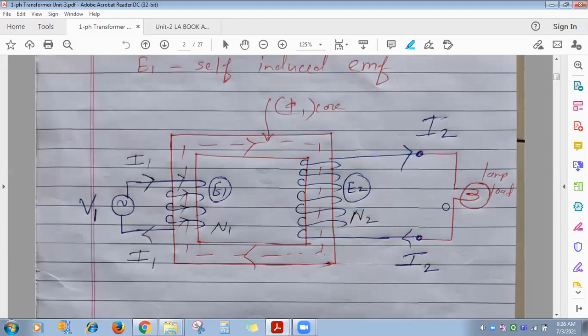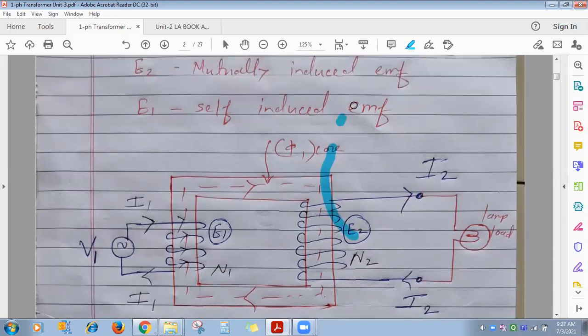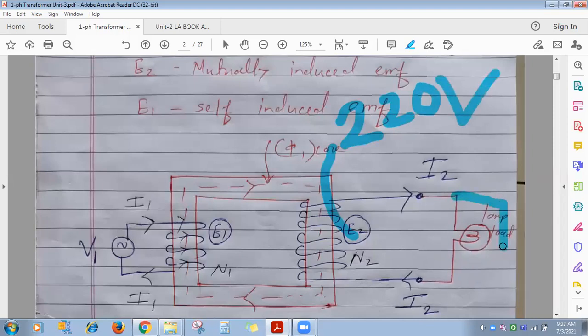So, what do you think? Suppose here I have connected one lamp, isn't it? Across secondary. Now consider, this E2 is 220 volt. E2 is 220 volt. पूरा 220 वोल्ट लैम्प के अक्रॉस जाएगा. I am going to connect one voltmeter across lamp. ये देखो, ये मैंने यहाँ पे कंसीडर करो एक लैम्प के अक्रॉस I have connected one voltmeter. ओके, और EMF induced in secondary winding is 220 volt. So पूरा 100% of it get applied across lamp and any load and less.